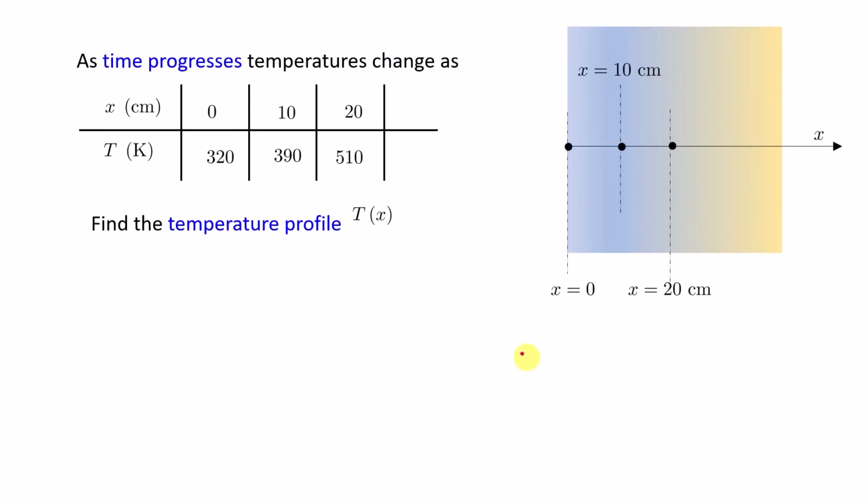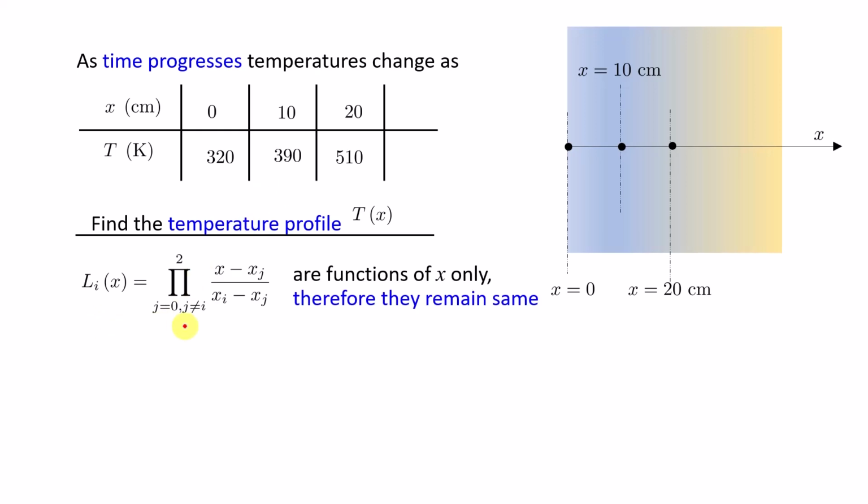Okay then. If I go for a different time, let us say this is a transient problem, not a steady state problem, then at a different time my temperature changes, and now the temperatures are 320, 390 and 510. Now, do we have to do the calculation all over again if I want to find the temperature profile T(x) here? Actually no, because